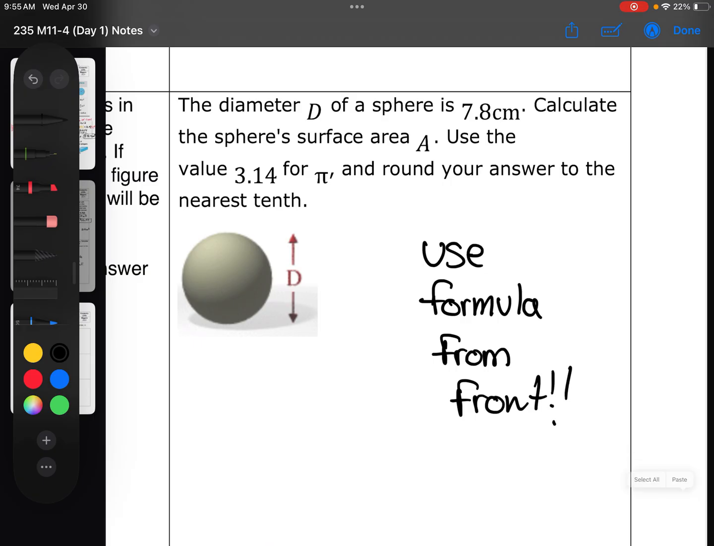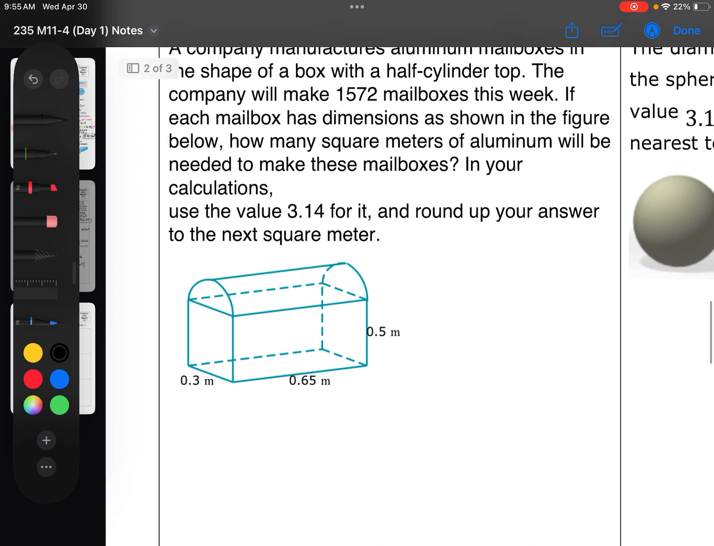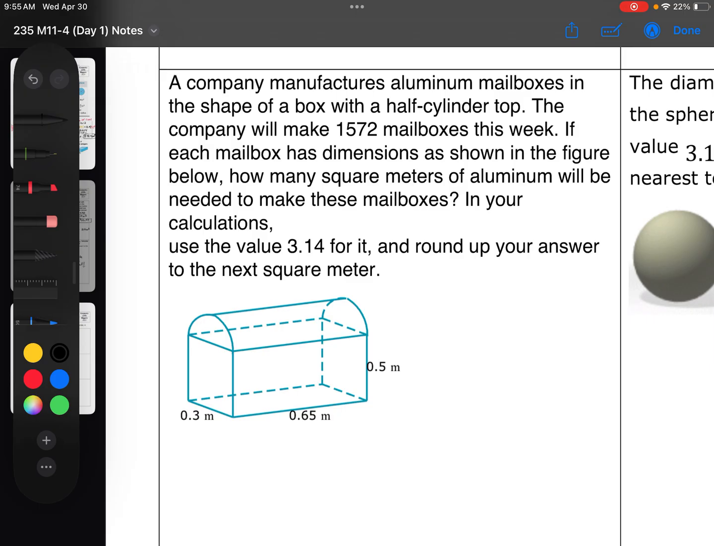But I do want to make sure we touch on this really quick. So a company manufactures aluminum mailboxes in the shape of a box with a half-cylinder top. The company will make 1,572 mailboxes this week. If each mailbox has dimensions as shown in the figure below, how many square meters of aluminum will be needed to make these mailboxes? In your calculations, use the value of 3.14 for pi and round your answer up to the next square meter. So you're going to have to find the surface area of the rectangle or the box plus the surface area of